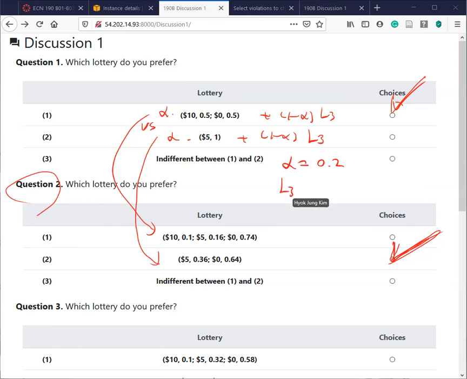And then L3 of my choice was $5 with probability 0.2, and you get nothing for 80%. So I was mixing with this. In this way, I was making 4 other questions, and they compare your choices between question 1 and question 2, question 1 versus question 3,